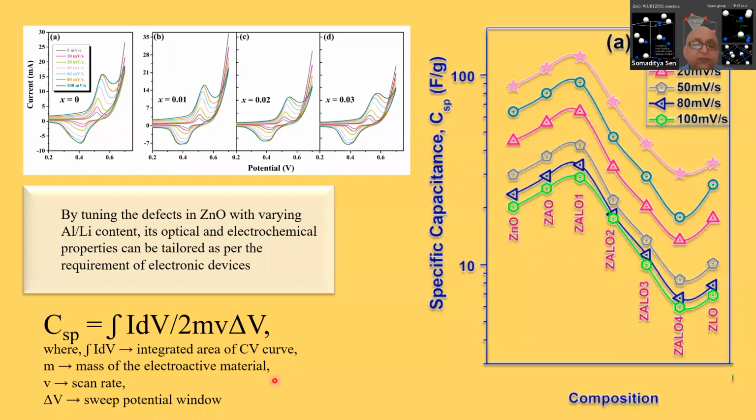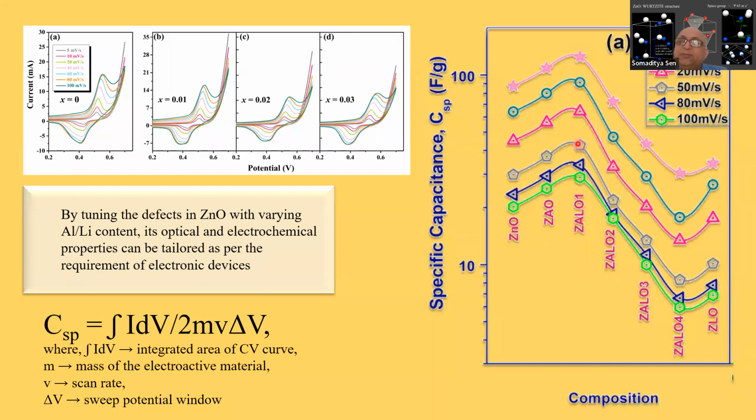Okay, from these graphs we can calculate the specific capacitance, and we can see that the specific capacitance of these materials actually depends on a lot of things. Say, this is an aluminum doped zinc oxide material, and this is a purely lithium doped one. Here, we have changed the proportion of aluminum and lithium in these different samples, and we have seen that for a mixed doping of aluminum to lithium, where aluminum is 75% and lithium is 25%, we